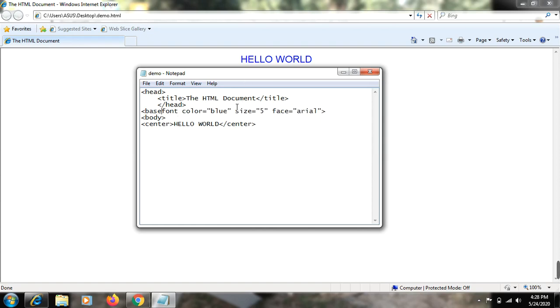After giving the base font tag, we can make some changes. Here we are giving it another color, let's say green, and the size we may change to 6, and the base font as Times New Roman, and now we save it,